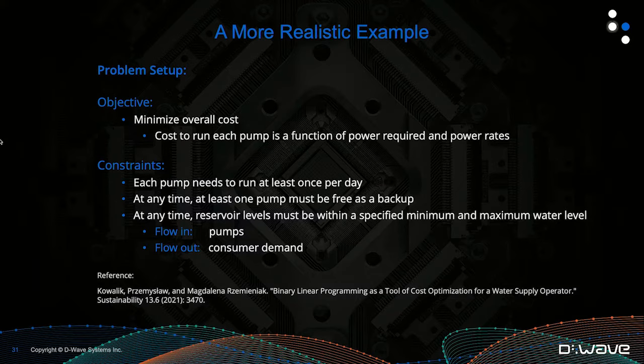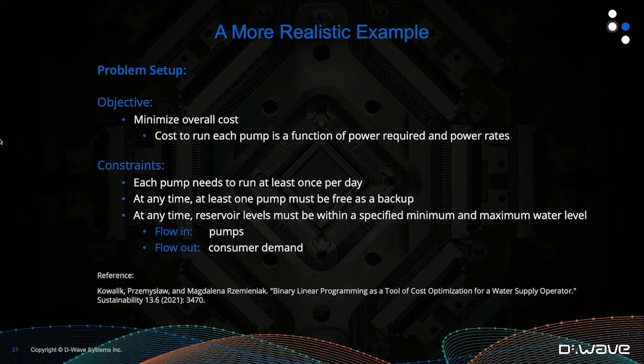And now, this more realistic and complex example that I shared with you. Again, you can read all the details on this in the collection of examples, but here's what it was actually running. Our objective was to minimize overall cost, but here cost is a little bit more complex. Rather than having a fixed cost for each pump any time you want to use it, cost here is a function of how much power is required and what the power rates are at different times of day. So, getting much more realistic to building up that more real world application.